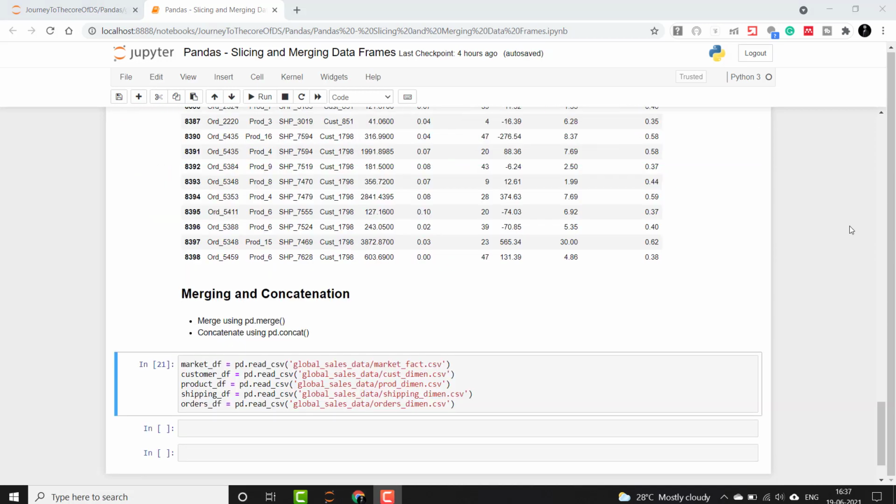Now this brings us to the end of the slicing and dicing session, guys. Next in this session we will look at merging and concatenating multiple data frames. Merging is one of the most common operations we will do, since data often comes in various files. In our case, we have sales data of a retail store spread across multiple files, as I have already shown you.